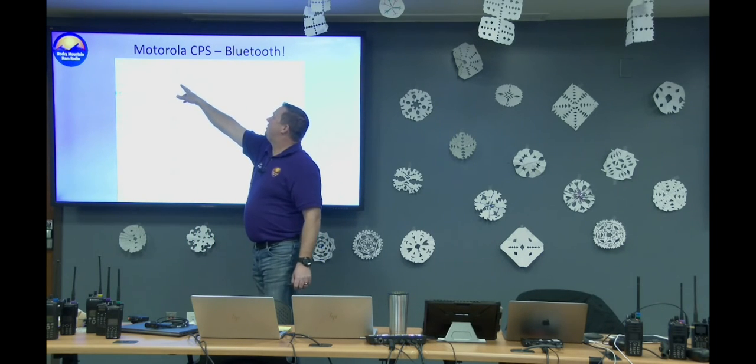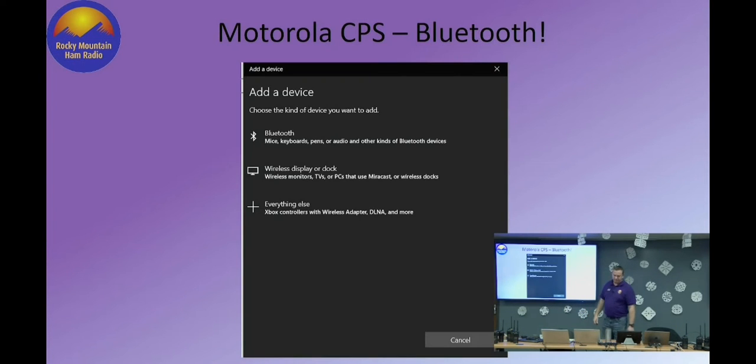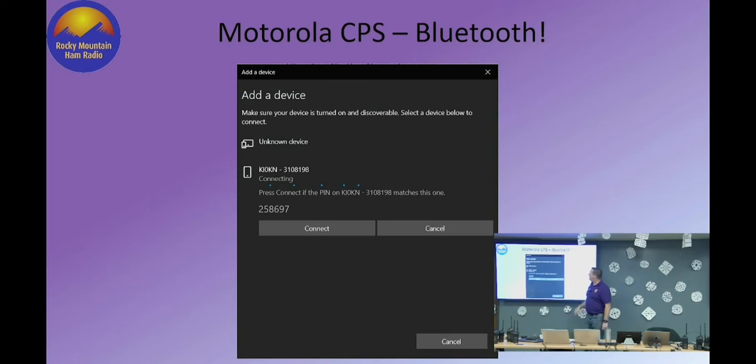So we'll want to choose Add Bluetooth or Other Device at the top there. And it'll bring up a window like this, asking you what you want to add. And you'll notice that none of the options say Motorola radio. They don't say anything about radio at all. The option you want to choose here is the top one, Bluetooth. Mice, keyboards, pens, audio, other kinds. You want to choose this top device. When you choose that top device,